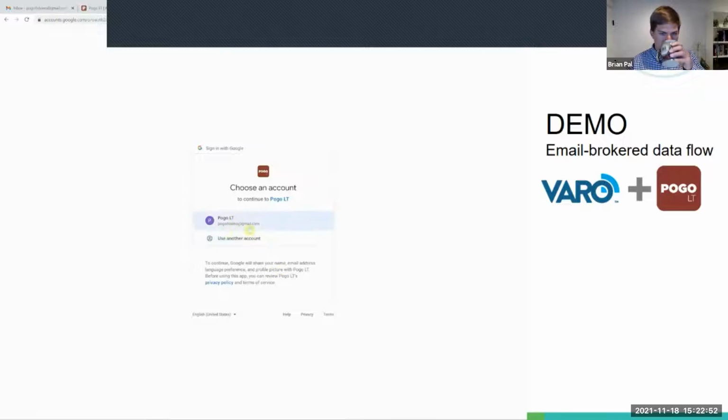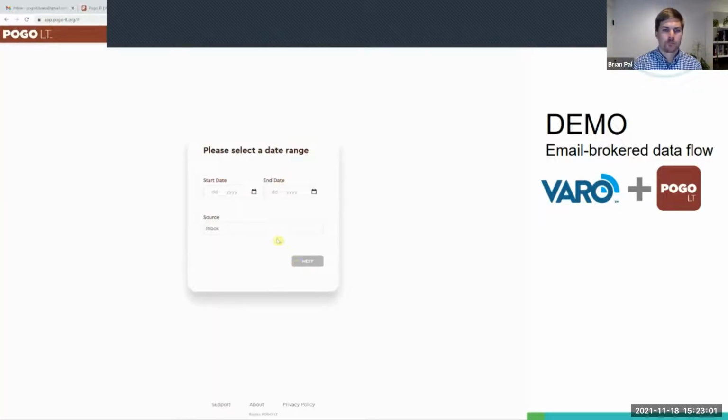So we want to use the Pogo LT demo Gmail account where we just saw that the Varo reports were sent to. We'll continue to accept there. And now we're into Pogo LT, and it will ask for the date range of the Varo reports that we want to process. So here we'll select just the last few days